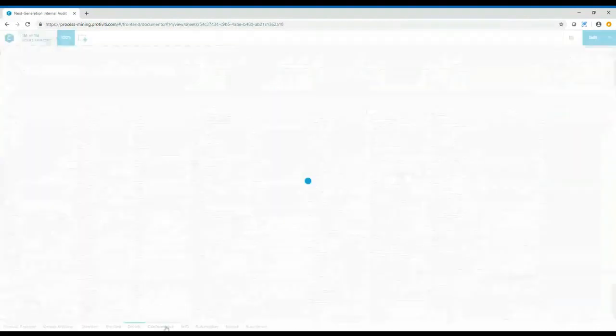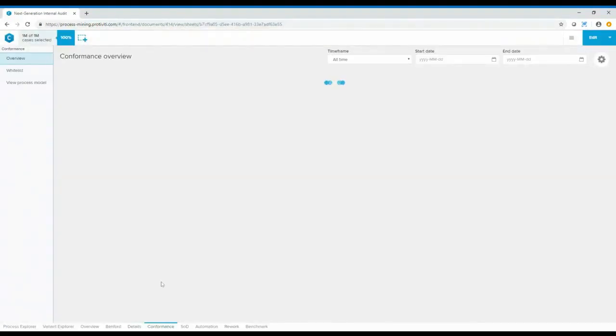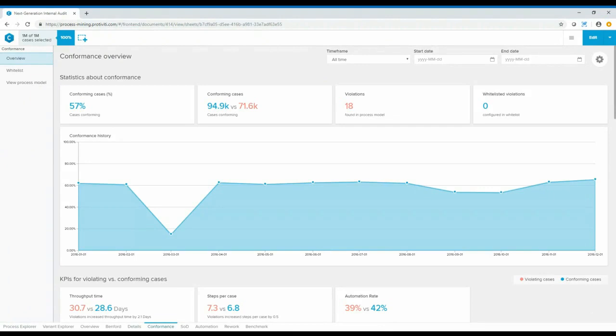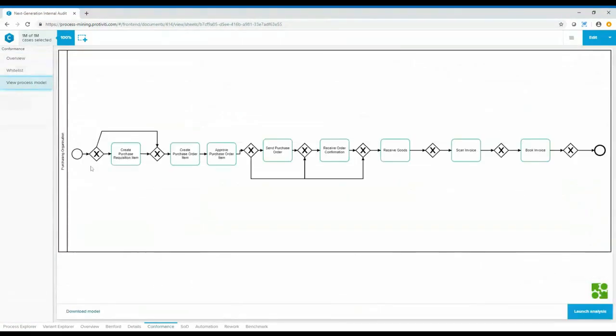I'm going to spend a couple of minutes on a view that I think is very, very interesting and has clear value from an internal audit standpoint, which is this conformance feature. And it allows you to define a process model. And you do that through a number of different ways. There are some pre-built process models by business process.